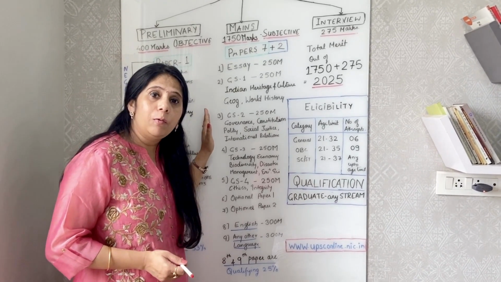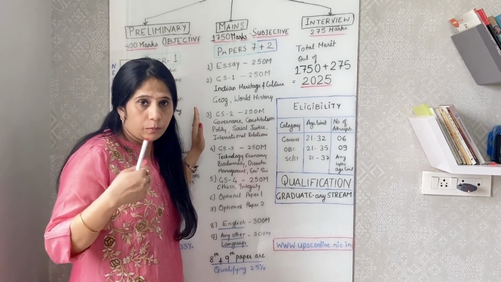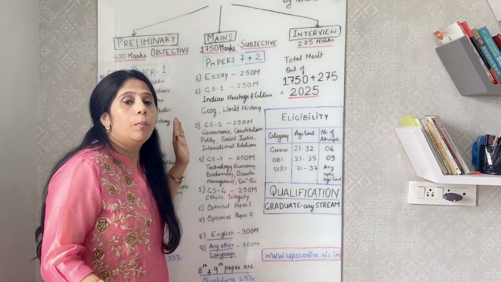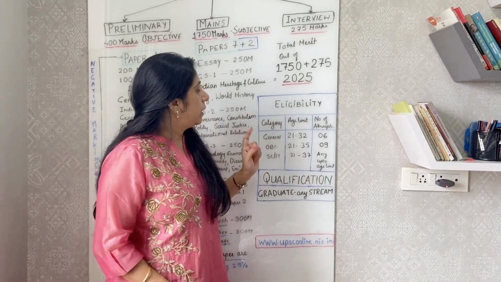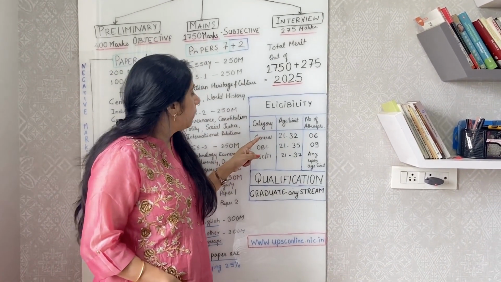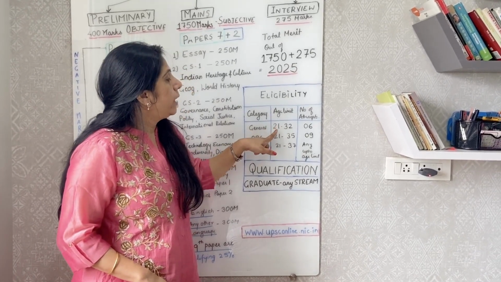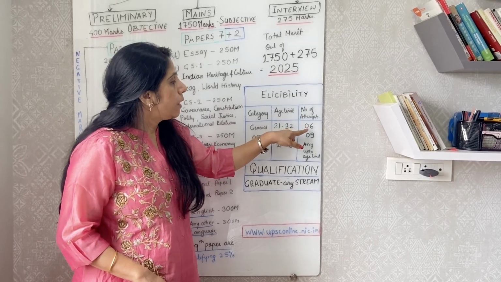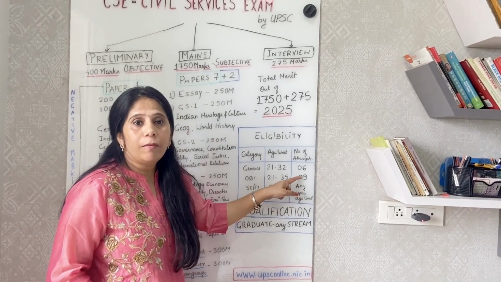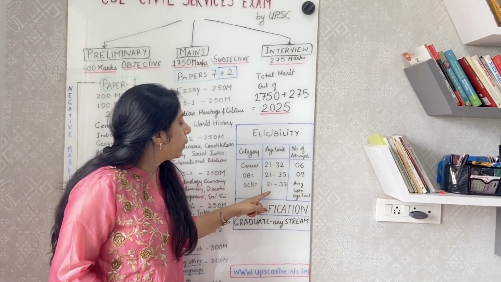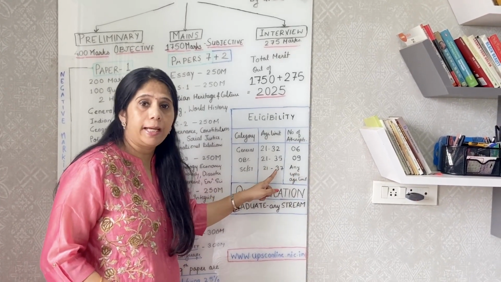That's the reason why I would appeal to all the students who are pursuing their graduation, and those who have graduated: please think about appearing for this examination. The eligibility criteria with regard to age depend on the category, whether you belong to the general category, OBC or SC/ST. It is 21 to 32 for general. The number of attempts they can make is 6. 21 to 35 for OBC. The number of attempts they are allowed is 9. And 21 to 37 for SC/ST. They could think of any number of attempts till the age of 37.